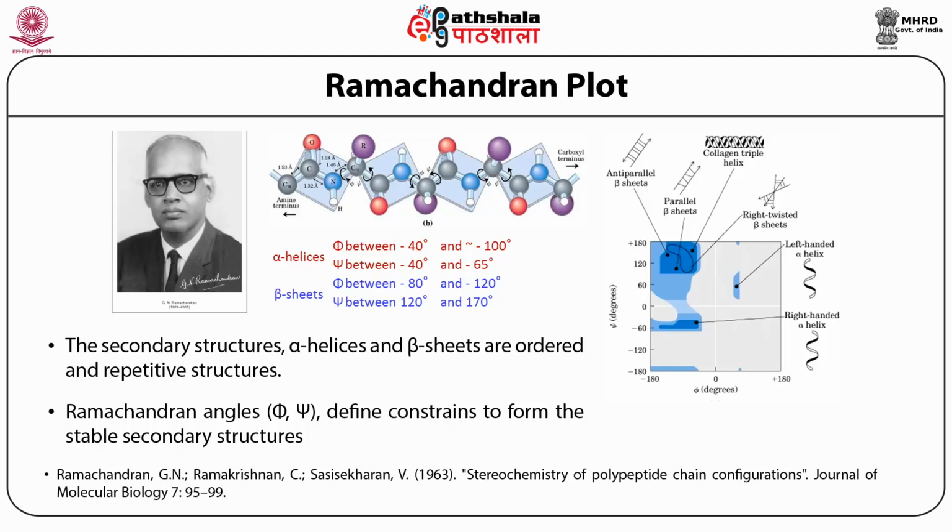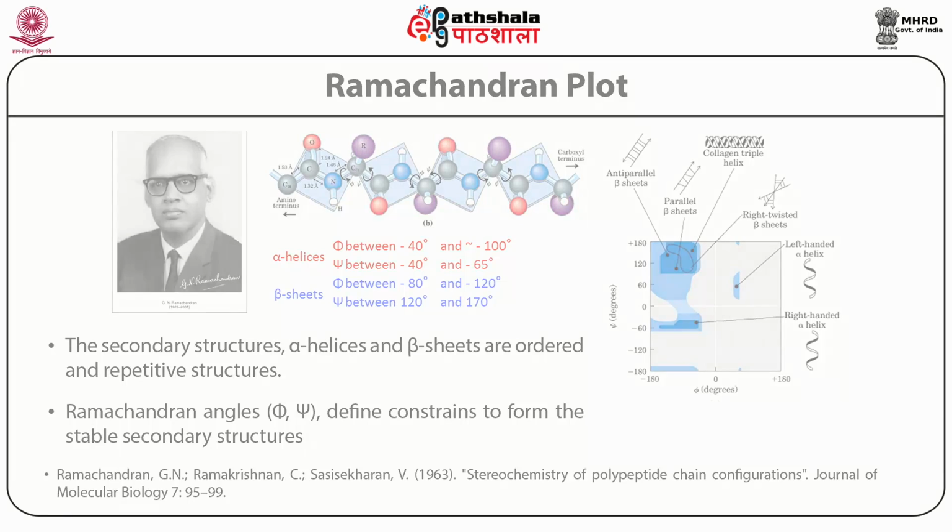These two torsion angles in the polypeptide chain, also called Ramachandran angles, define constraints to form the stable secondary structures such as the parallel and antiparallel beta sheets, and left and right-handed helices. Besides, the Ramachandran plot is used in evaluating the quality of experimental structures or homology models. Understand that the Ramachandran plot can be useful to assign the secondary structure if you have the atomic positions. So before that, it is